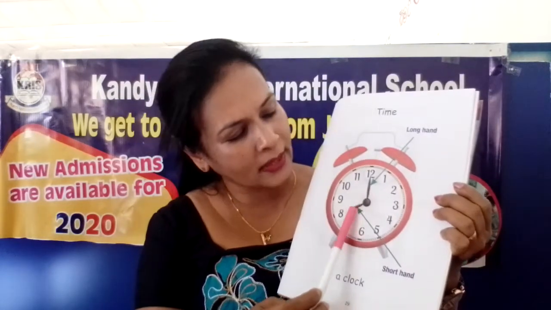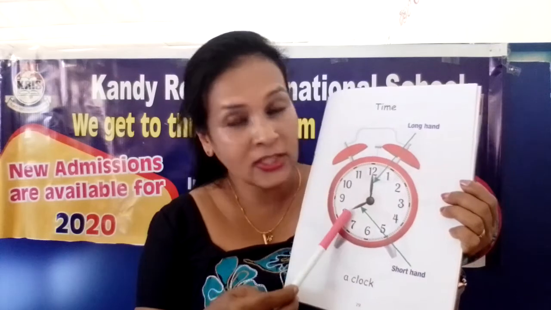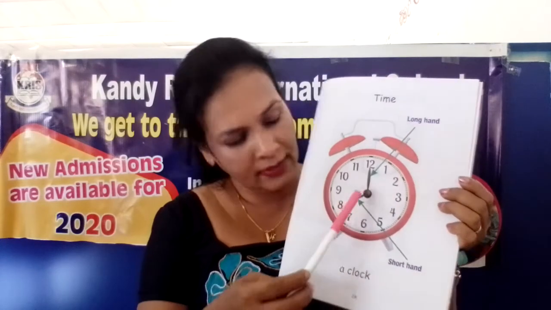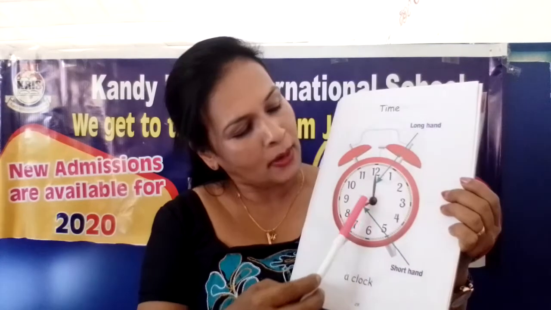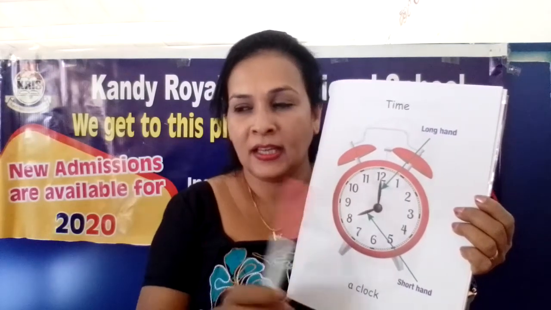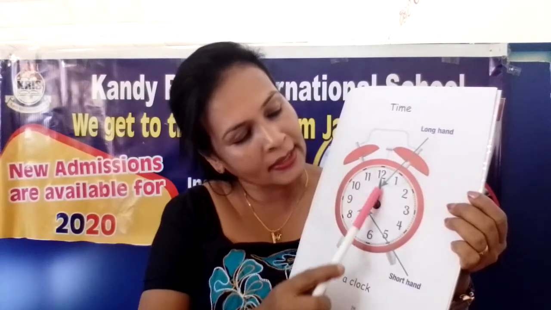Okay. Now see. Can you see in this clock there are two hands. See this one, a little bit short. We call this hand the short hand. But this one is longer than this one, so we call it the long hand. Short hand and long hand. There are two hands. But in our clocks there are three. But today we are going to learn about these two hands